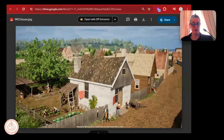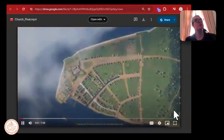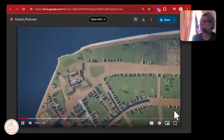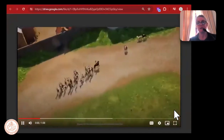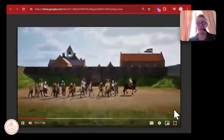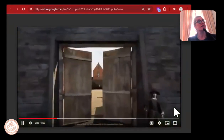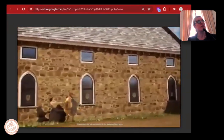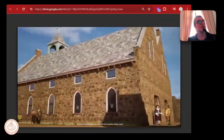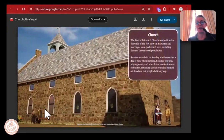Okay, we're going to move on to the church. If you get a chance to go to the exhibit, you will see that there are some really beautiful church windows in the exhibit. We actually used those exact windows in the construction of the church in this 3D model. And when you look at the church, and you'll see it in just a moment as we go in, the really beautiful stonework on the sides of the church is taken from images of other Dutch churches, and we